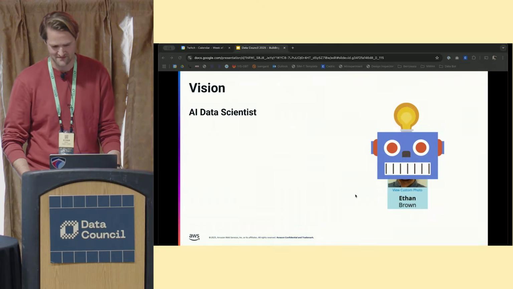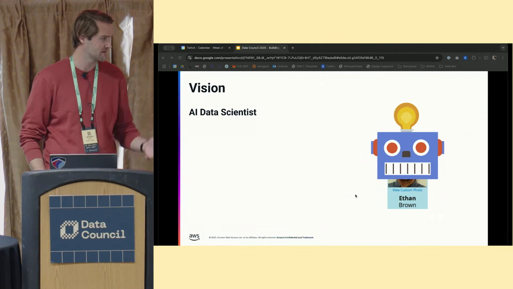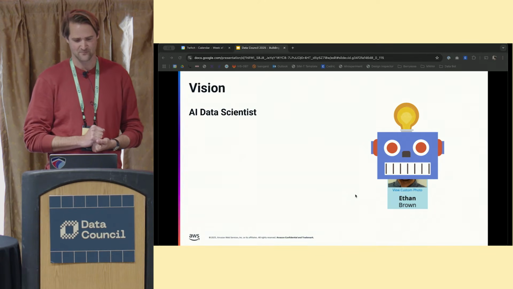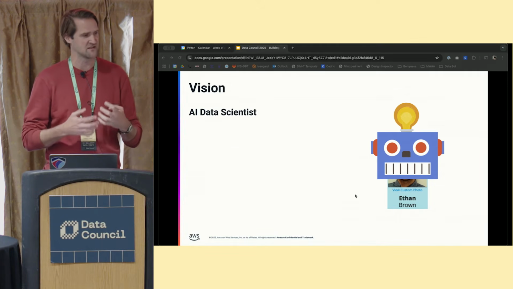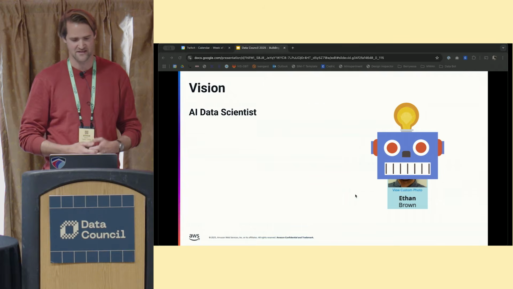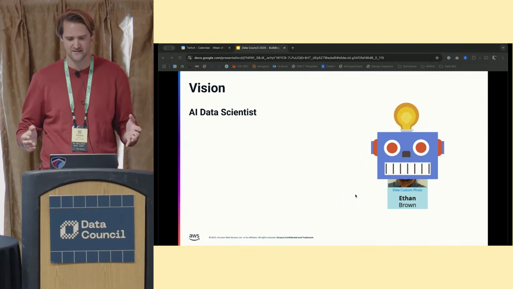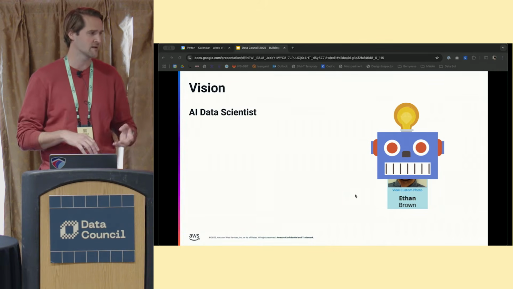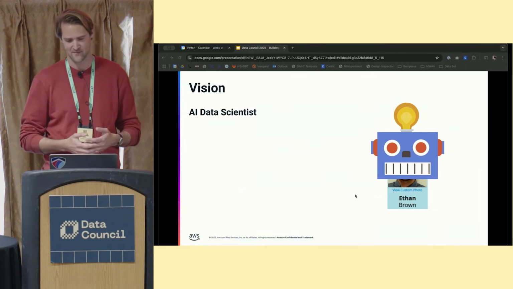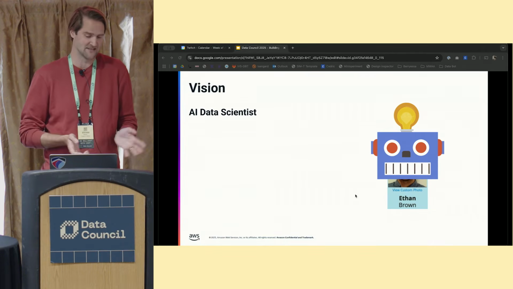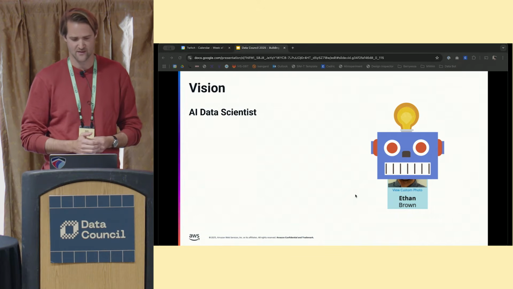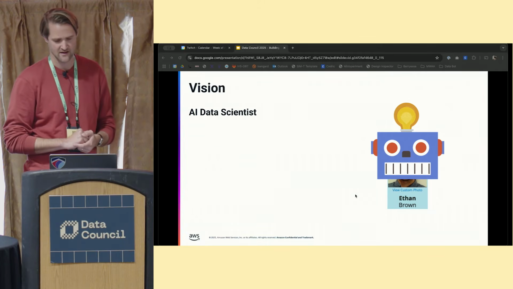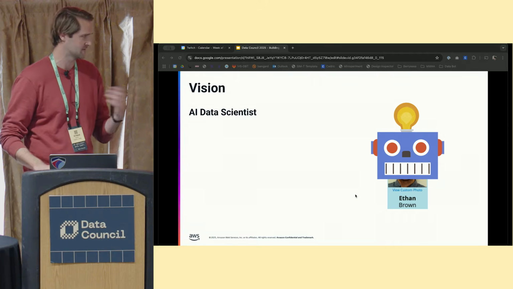So what is the vision? The vision, I think we and a lot of startups making these things put forward, is an AI data scientist, which would mean in some ways a self-driving analytical system. It needs to know about all of our data, all of our events, our cubes, etc. It needs to know how to operate on that data through querying, getting results, studying the results. And it needs to know what to do with the information once it has it, like alerts, dashboards, that sort of thing. All in all, it should act as a proxy for us for these ad hoc requests that we're getting at 9 o'clock at night. And hopefully, in many cases, those requests don't have to come back to us.